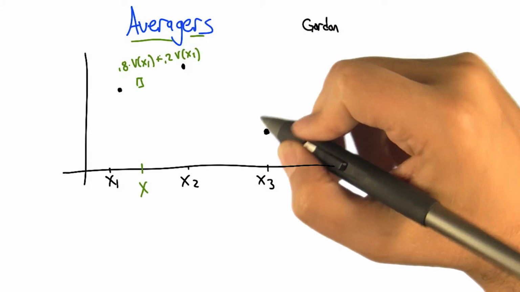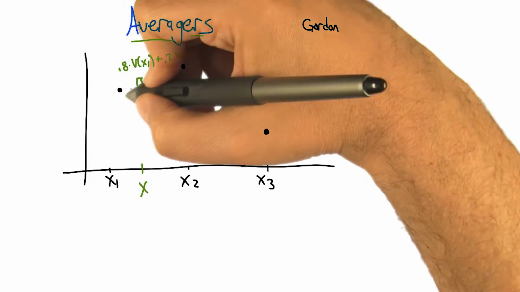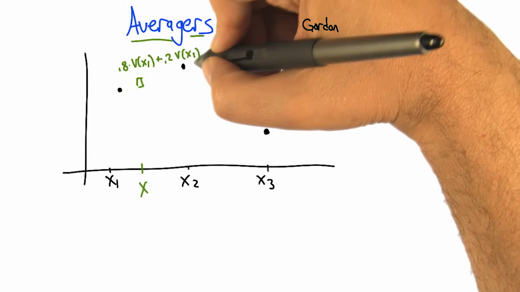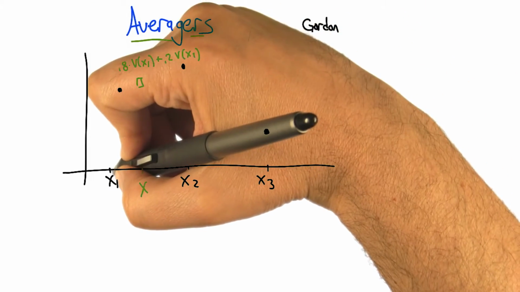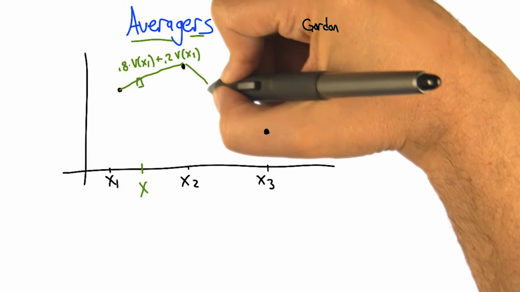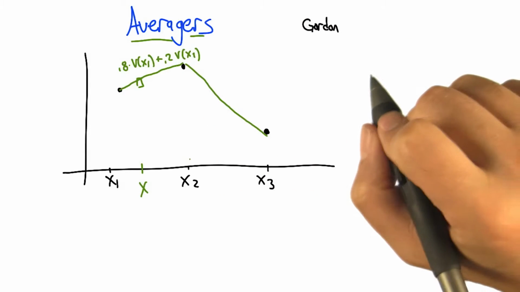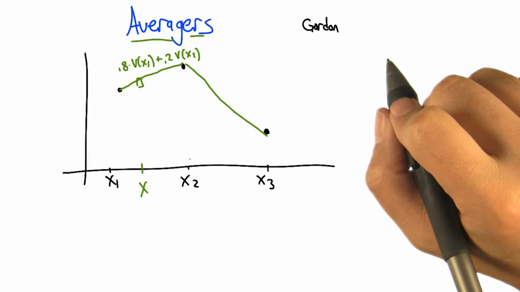That's because of the relative distance between x1 and x2. It turns out it doesn't matter, but that is a very natural thing to do, a linear interpolation. So once you nail down where x1, x2, and x3 are, the way it fills in the rest of the function is with little line segments. There's a bunch of other things you could do, and they're all okay as long as